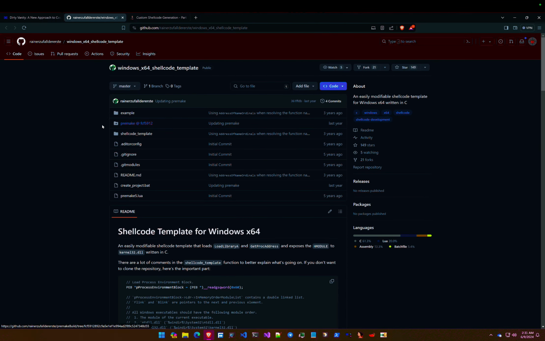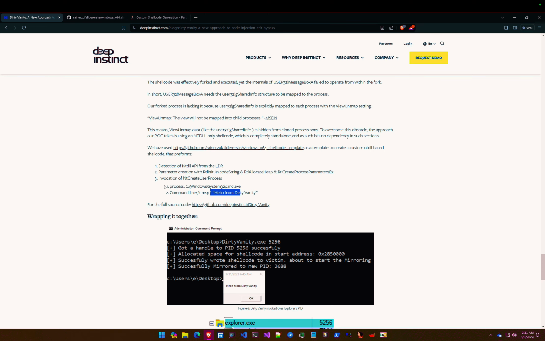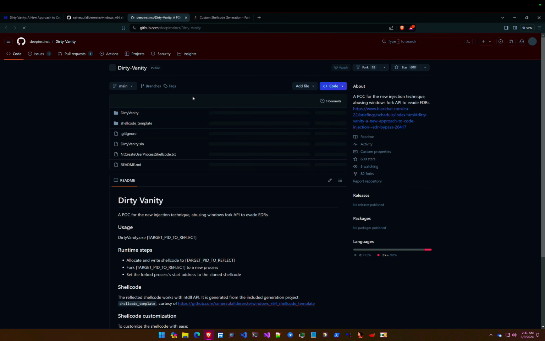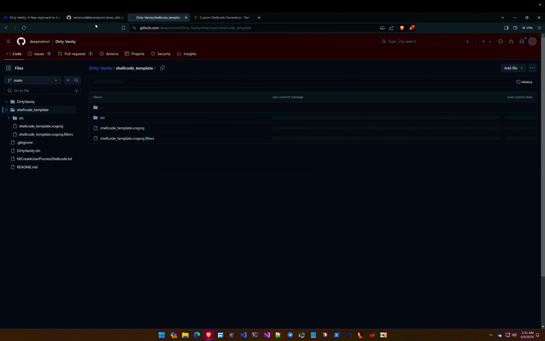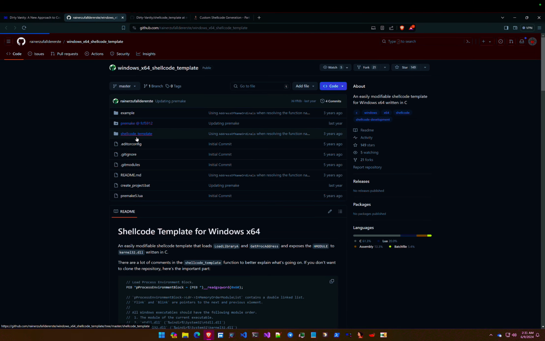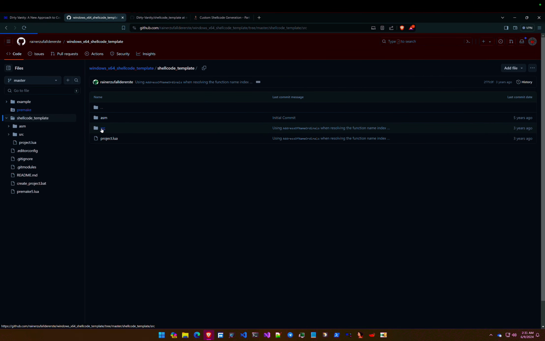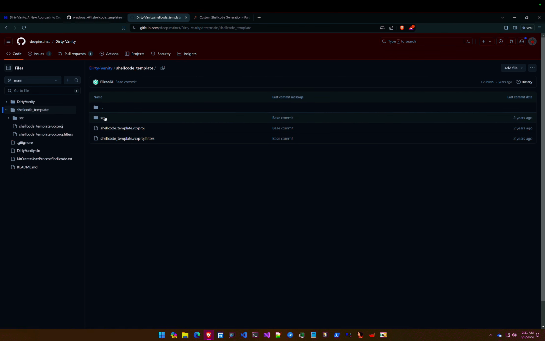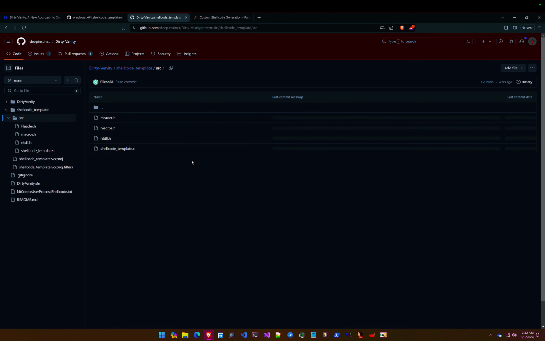However, this is a bit complicated, so for that purpose Dirty Vanity has provided its source code as well, and this is a bit customized template from the original one. As you can see here, this is the custom shellcode, and in the source this is a simple C file. However, when we go to the source in Dirty Vanity, you see the macros and NTDLL and other headers as well. So this is the main